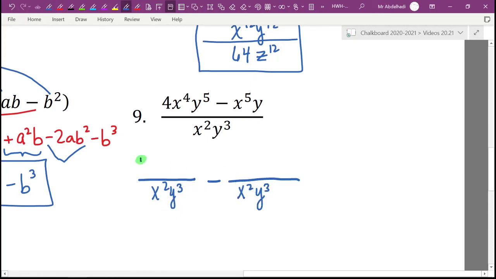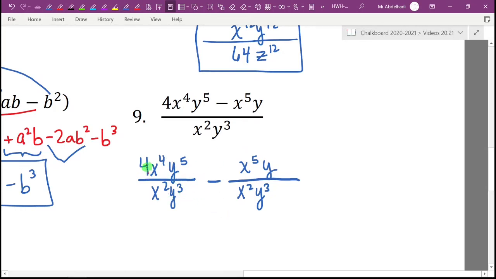All right, and this is what you get. Okay, and in between there's a minus. So all I did there was split the fraction and put them both over the same denominator. And now we have to do what we did with the first couple of problems, which is chop these up